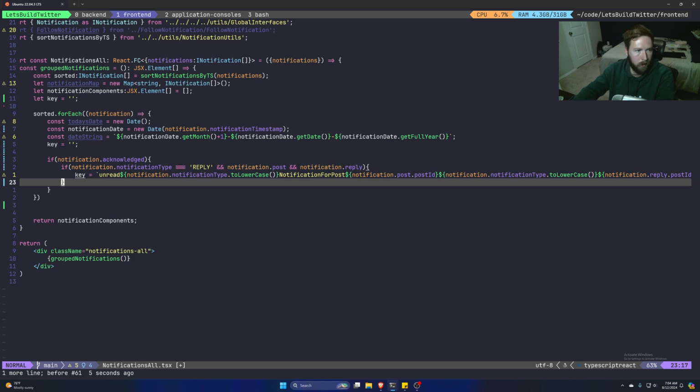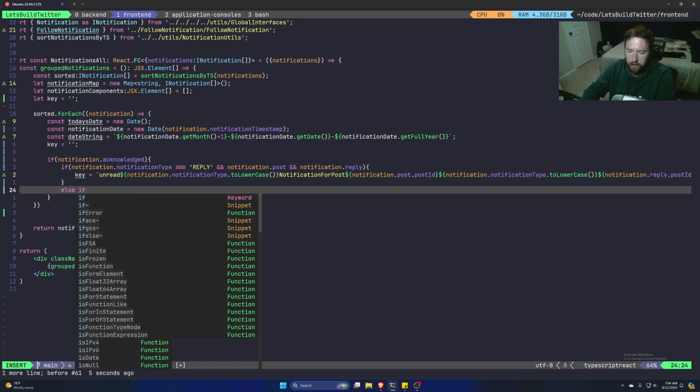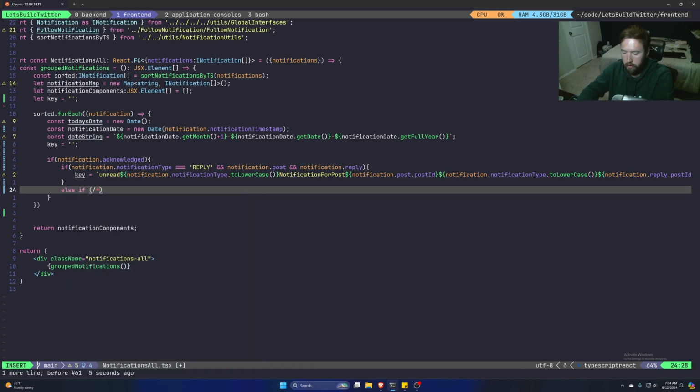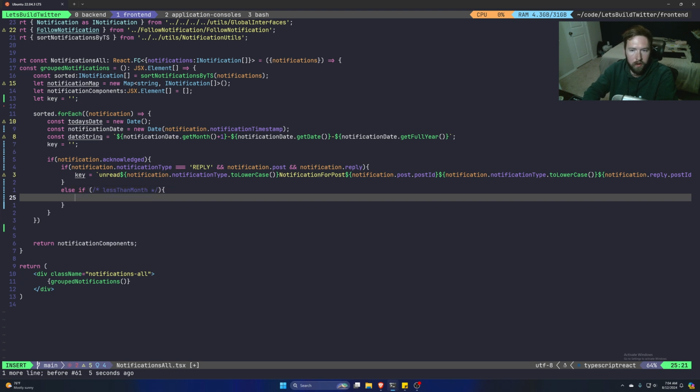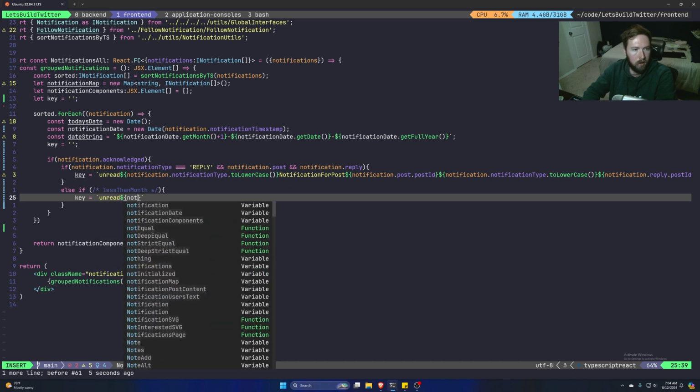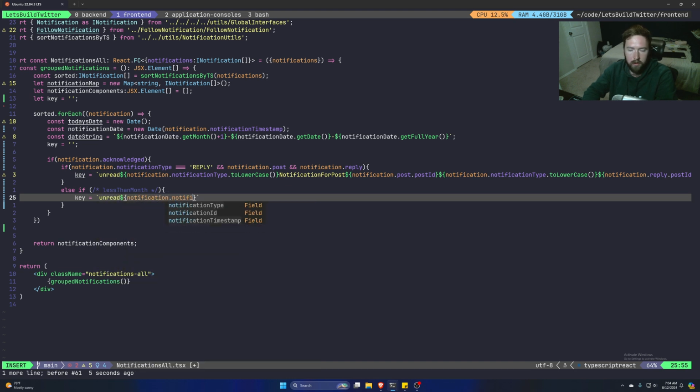So there's that one. We have a couple more now. So now we need to check to see. We need to make some logic here. So else if less than month, we'll go ahead and set that up in a second. So it's going to be mad at us, but that's fine. Key will equal backticks. And then this will be unread and ${notification.notificationType.toLowerCase()}